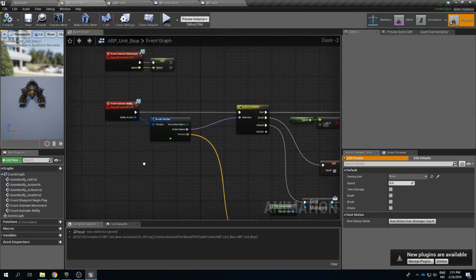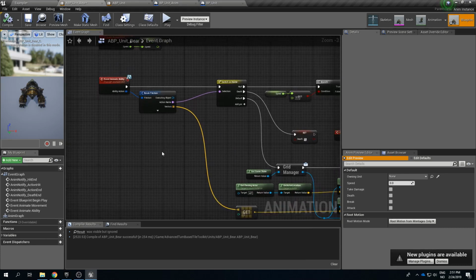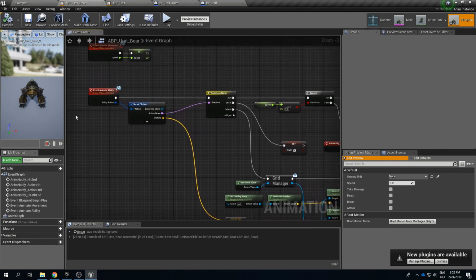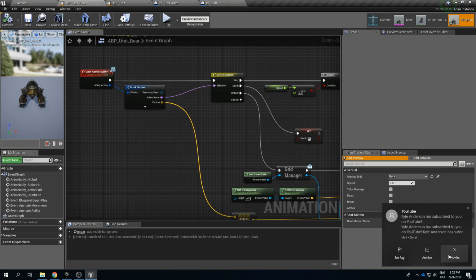Now for the animate ability, these are animations that are generally called from abilities through unit blueprints and then to their animation blueprints. Again, look at the action system for a deeper explanation on this. But here we can see then, okay, so when our action system tells us to animate,